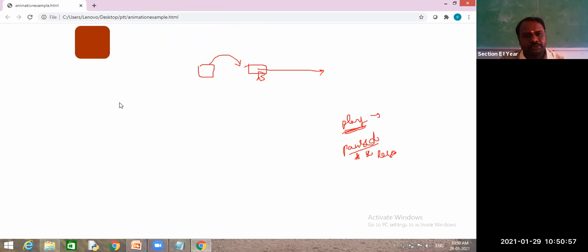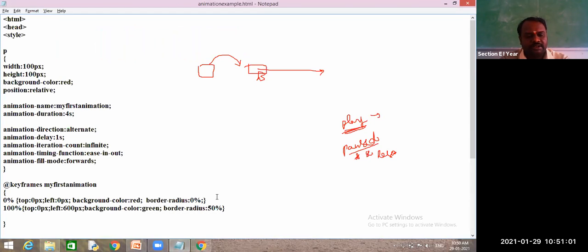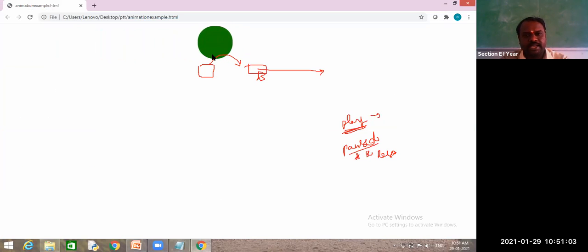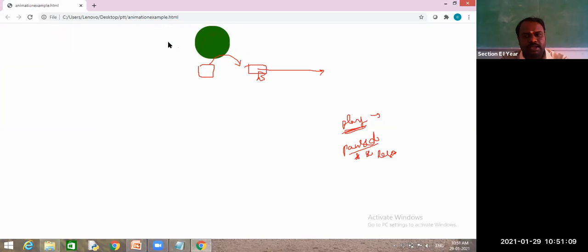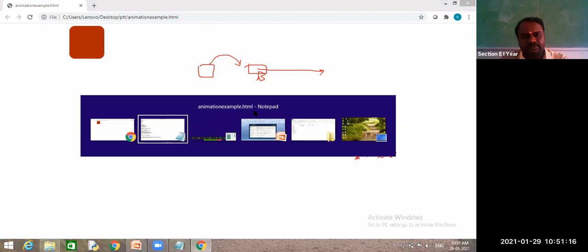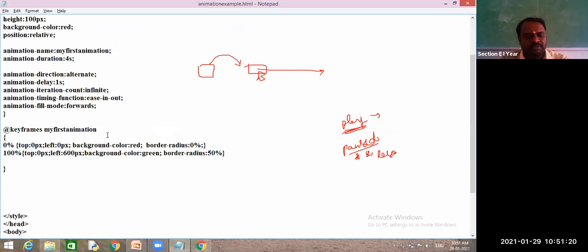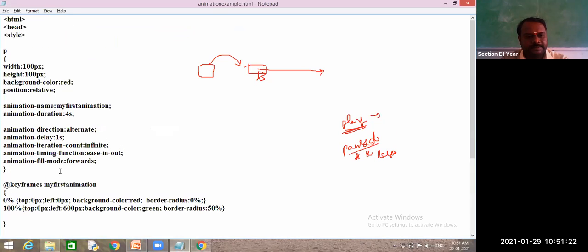So for that, what do I do? I will write the code. By default, what is the animation state, playing or pausing? Playing. What is my job? I want to make it paused when my mouse moves onto this element. So I said there is one way to write this, a mouse type of event. Do you have an idea?